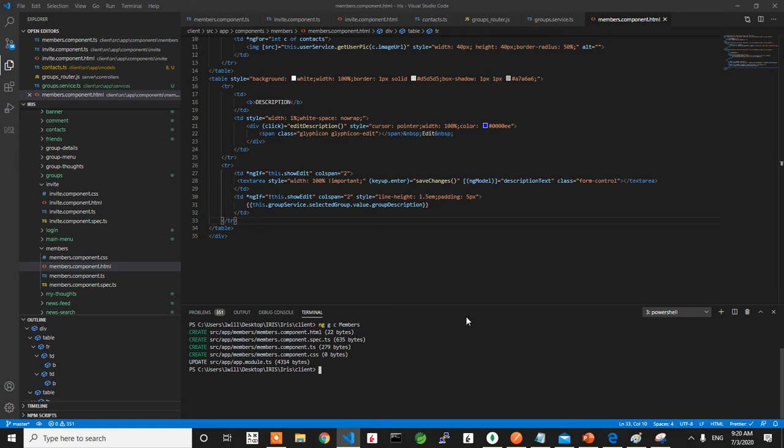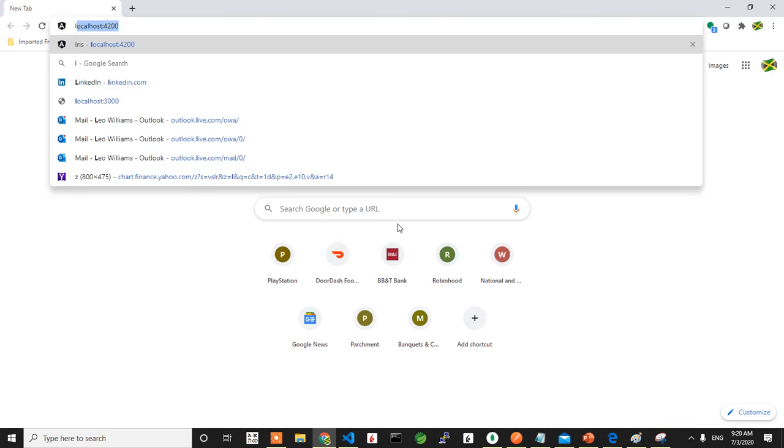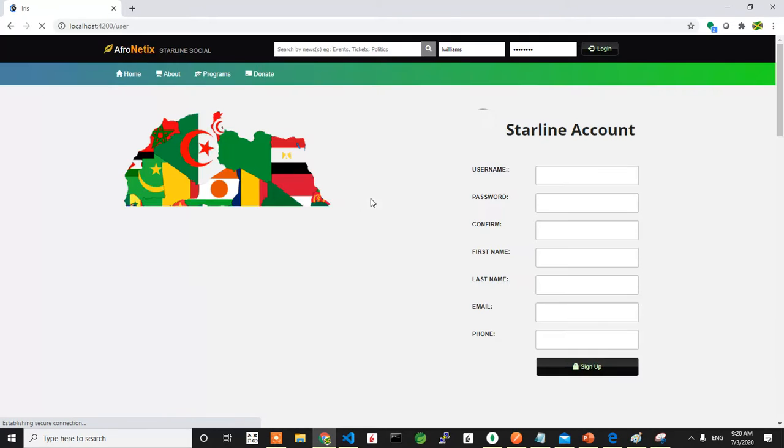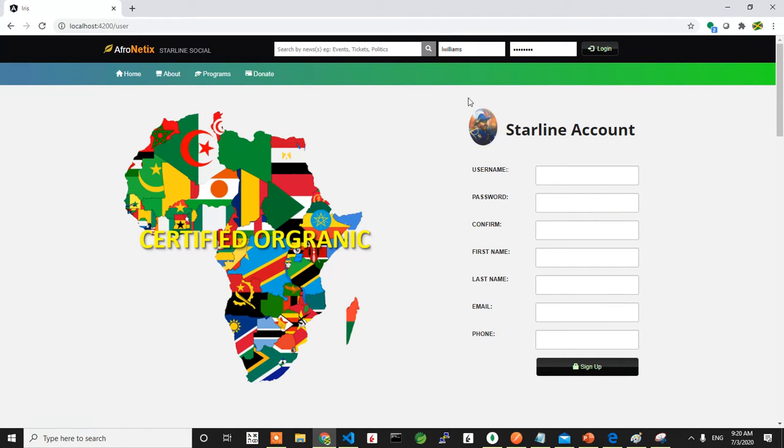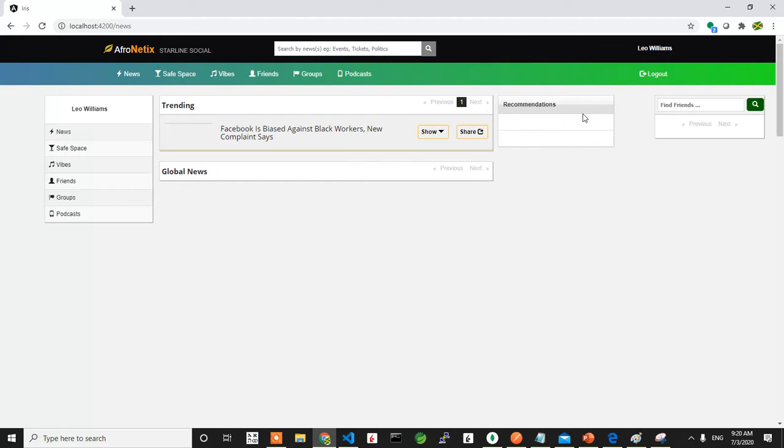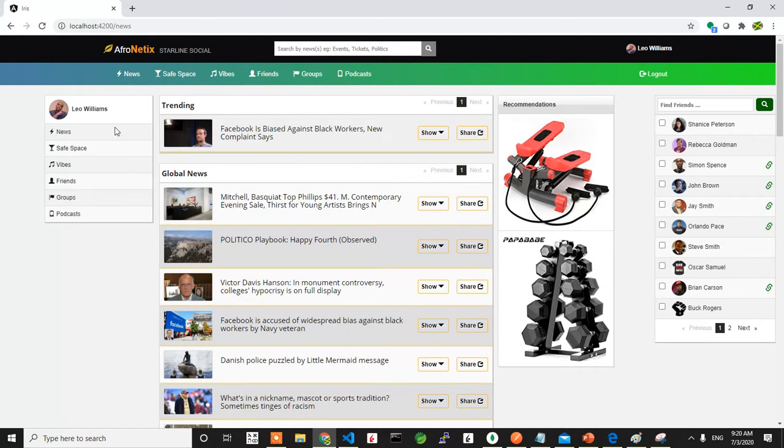Got the groups. Everything is going. I'm gonna go ahead and demo that. Still a few kinks I gotta work out, but here's the new look. I'm gonna log in. You can see everything is just like it was before, except it's a little cleaned